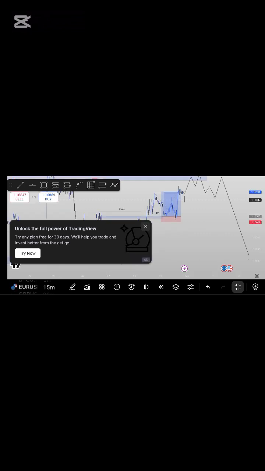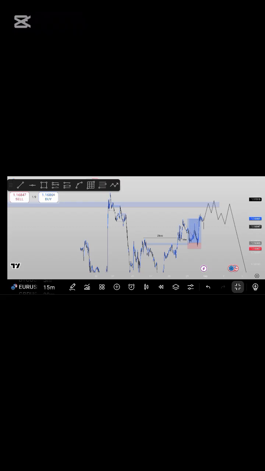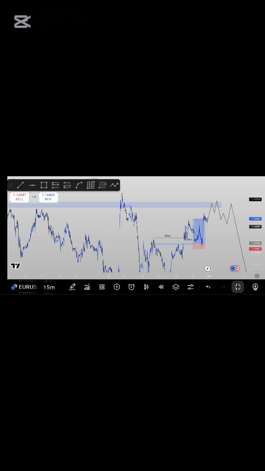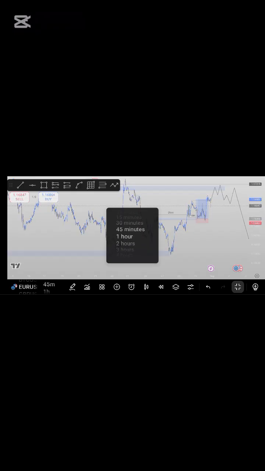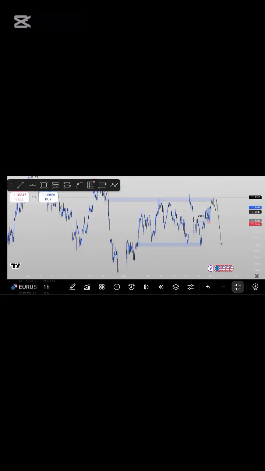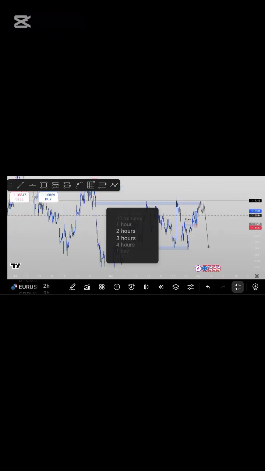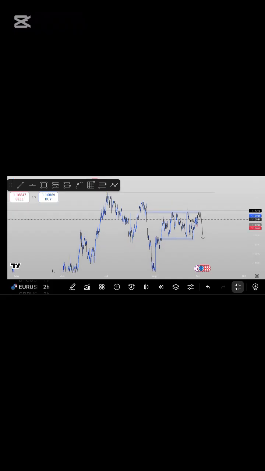This is Euro USD, and after analyzing this chart, I was able to figure out the market was bringing up from support to resistance, then returning to support. When I find this on a 1 hour or 2 hour time frame, on a high time frame like this 2 hours time frame,